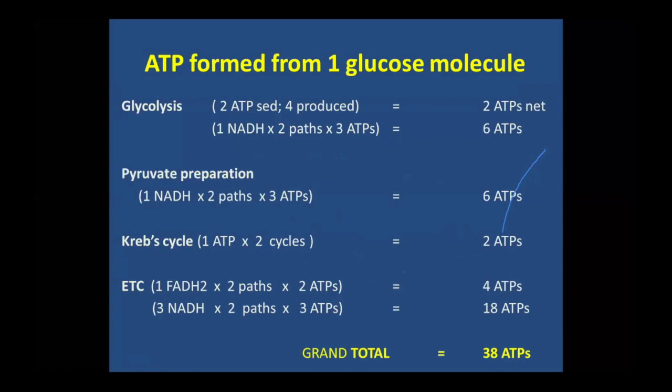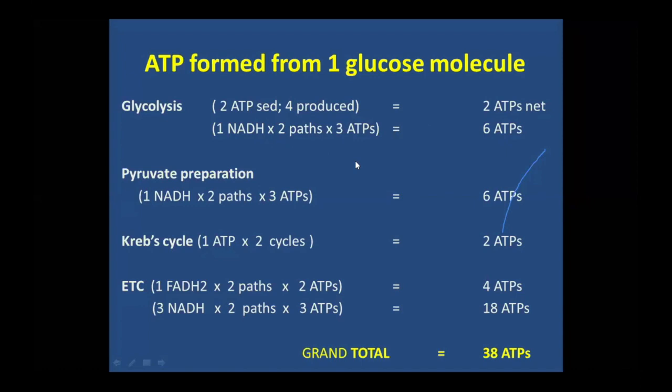Now, before we proceed to the ETC, actually we could already calculate the ATPs that are formed from one glucose molecule. Why? Kasi we already have the products of the Krebs cycle and glycolysis na gagamitin natin sa ETC. So po pwede na natin i-compute dahil alam naman na natin that one FADH2 forms 2 ATPs and one NADH would form 3 ATPs. Thus, in glycolysis, we made use of 2 ATPs and we produce 4 ATPs. Thus, our net would be 2 ATPs. In NADH, on the other hand, produce din ito sa glycolysis. Meron na tayong dalawang paths. Remember, nag-split tayo sa 4th step. So we would have 3 ATPs for each NAD, resulting to 6 ATPs. So that would be 8 in total for